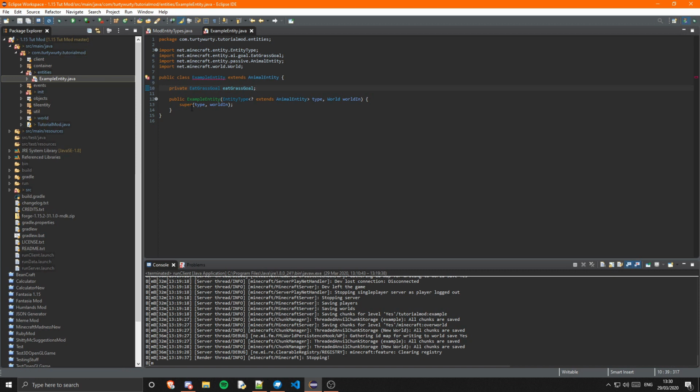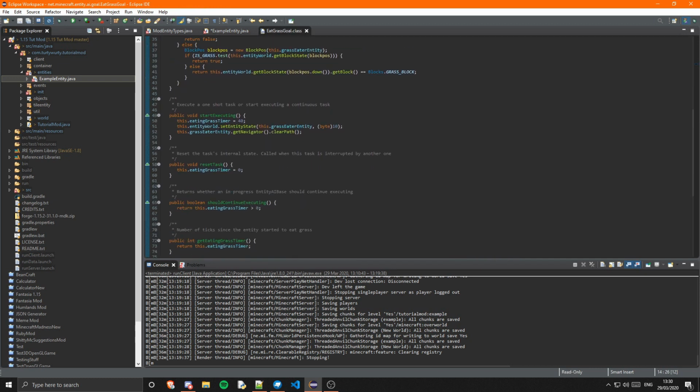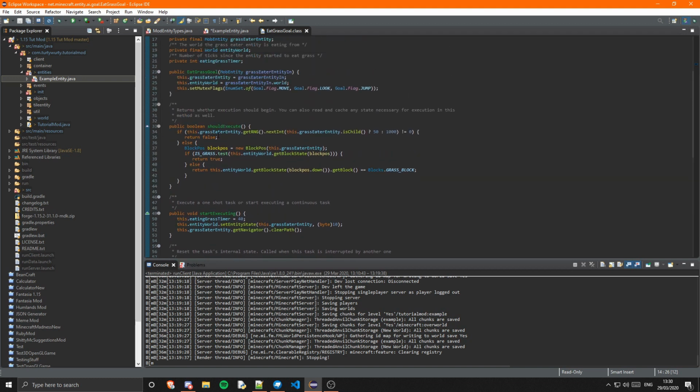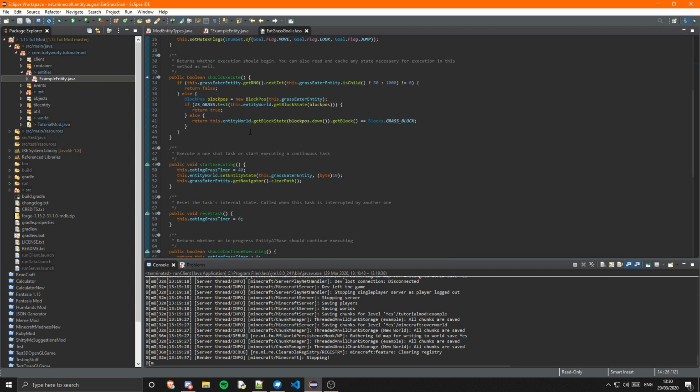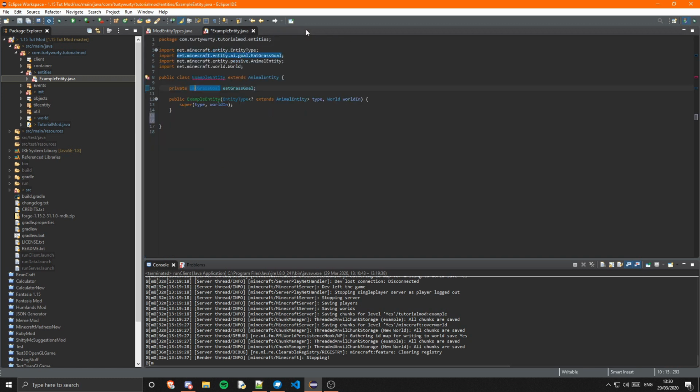Obviously you can go ahead and create your own goals. They're not hard to make really. Like if we just look at the eat grass goal, we check that the block state is grass, and that will tell it if it should execute. And then if we find the tick function, if it's grass, it destroys the block, but you can basically see how this works. It sets it to dirt, it plays the sound event, grass bonus, it does all that stuff. It's pretty simple,